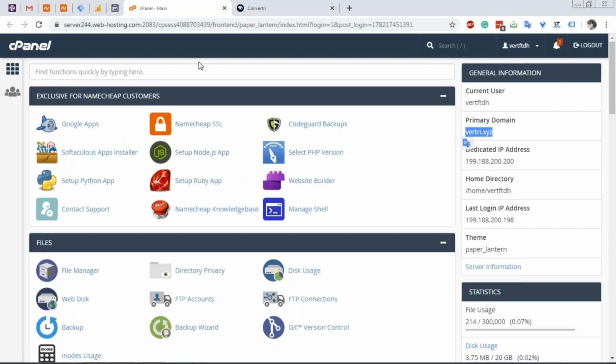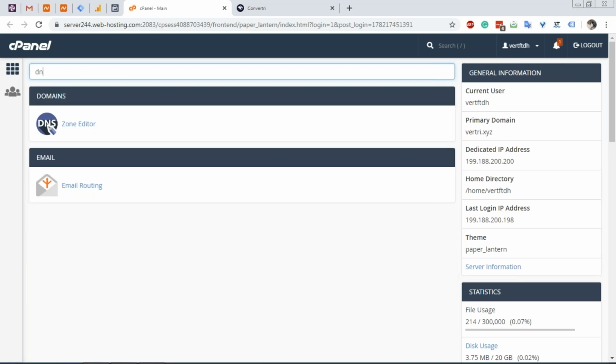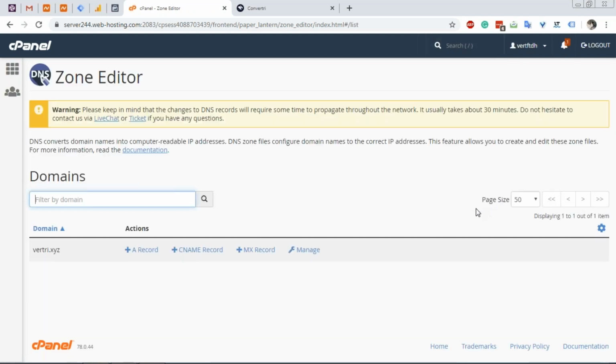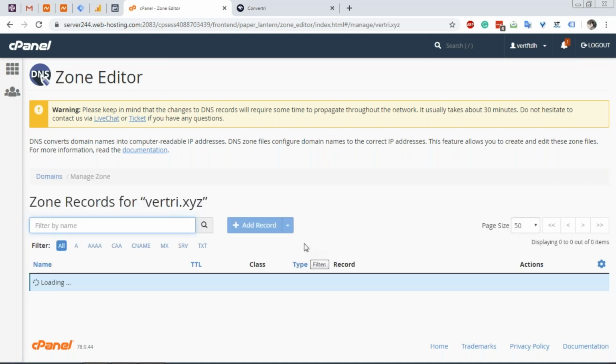So what we're going to do there is on cPanel where your search is, we're going to put in DNS there. And then go into this zone editor here. This is specifically for email, but I'm going to jump into as well how you can actually use this to add a WordPress blog to your Convertri domain as well. So this is going to be useful information. Okay, so once we're in the zone editor, we're going to go into manage,